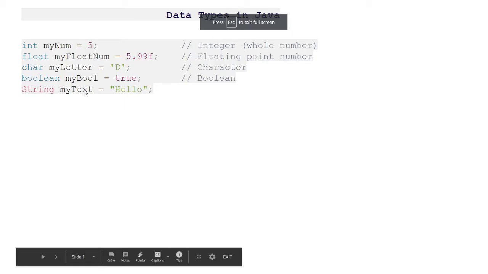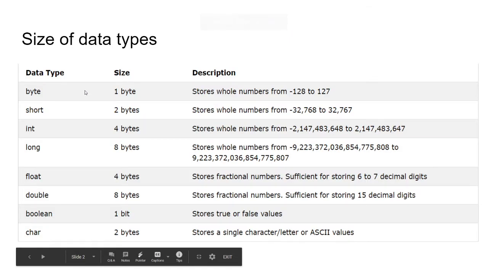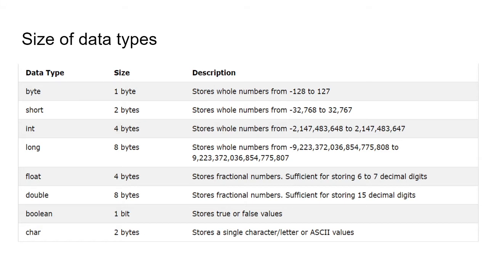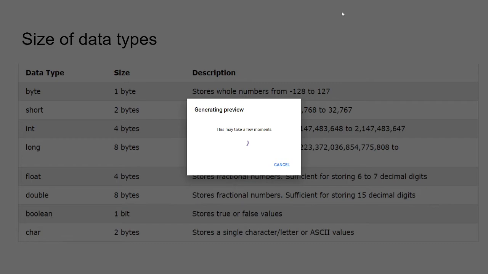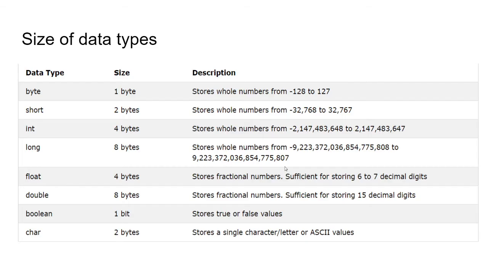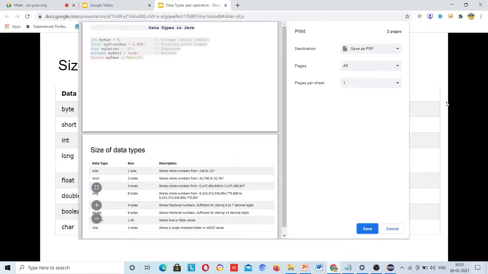Okay, so in any programming language, to store data we have data types. Depending on what data you want to store, you have to declare a data type for that. So these are the data types. Today we will see what the data types are and when we should use which data type. You should also know this, so I am going to tell you that too.